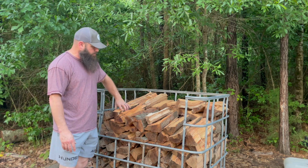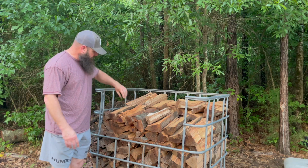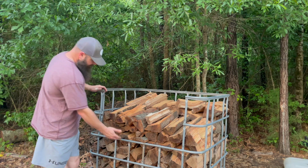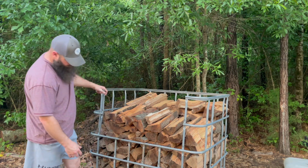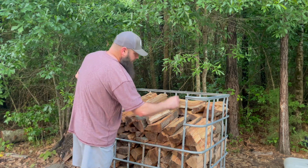The weight of the firewood usually leaves the wood pretty steady. It's not going to just come pouring out. So you don't have to have this front on here. I just do for rocking around on the tractor, but basically cut down, across, and up, and then make sure